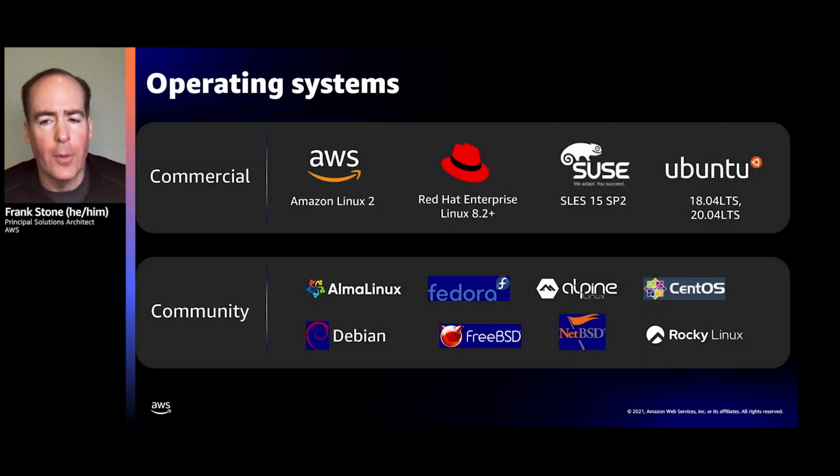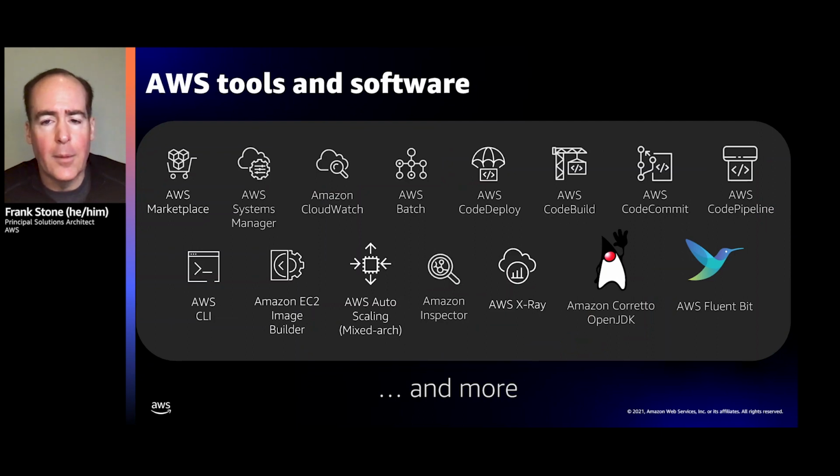Now, in addition to the performance and cost savings with Graviton, there's significant momentum with the software support for Graviton. With out-of-the-box support for Linux distributions, including our own Amazon Linux 2, SUSE Linux Enterprise Server, Ubuntu, and Red Hat Enterprise Linux. AWS tools also support AWS Graviton, and you can use those tools if you're looking for Systems Manager, Batch, our Cloud9 IDE, or some of our DevOps services, CodeCommit, CodeBuild, and CodePipeline, and others. They all support Graviton.